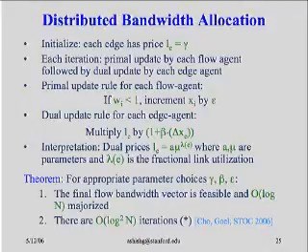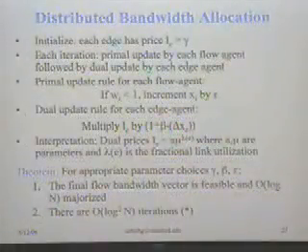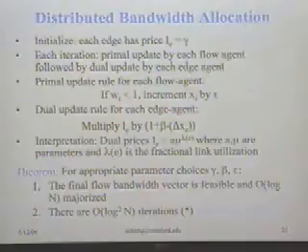So this is a natural setting, and here's the algorithm, and the algorithm is actually really simple. It's much simpler than trying to solve the LP that we had originally. Initially each edge has some price. Let's say LE is equal to gamma. So each edge has some price, and this price is somehow small.